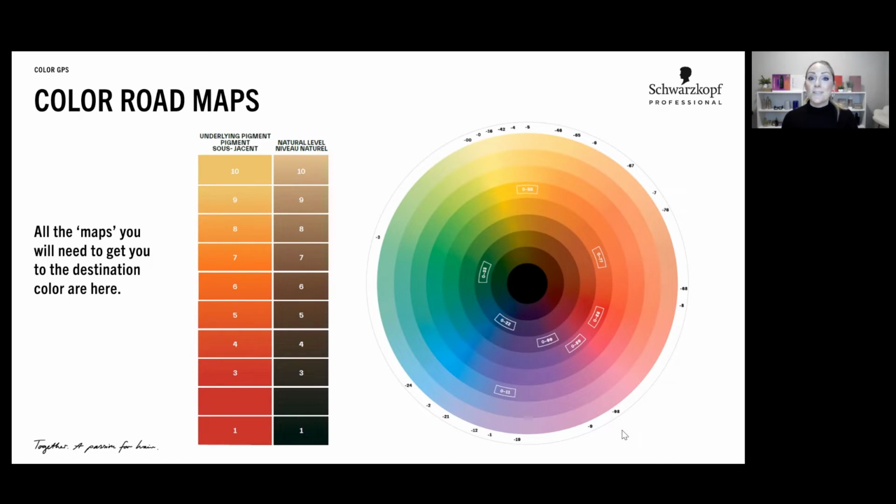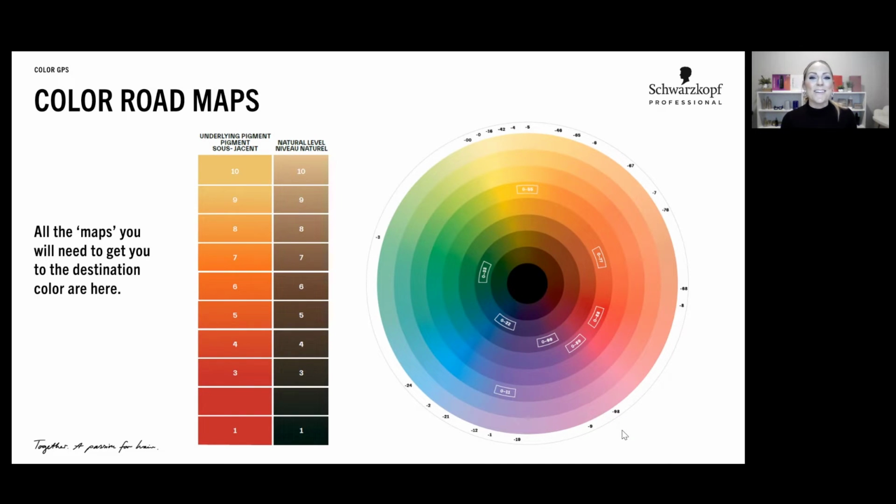All right, so this is our roadmap in our color GPS. Actually, this screen shows you everything that you need to know to be a great colorist. This is the law of color. We have our natural leveling system from 1 to 10. We have our underlying pigments that are exposed as we lighten, so this all becomes part of the formula. And then we have our color wheel, which helps us either neutralize or enhance the tones that we're trying to achieve. So this is really all the information that you ever need to plan your route and to really create